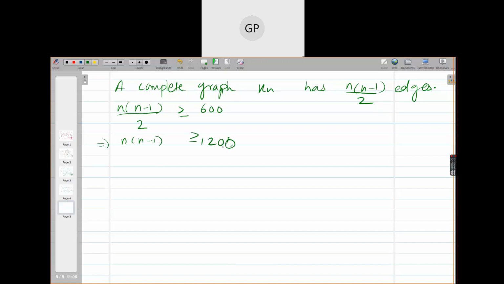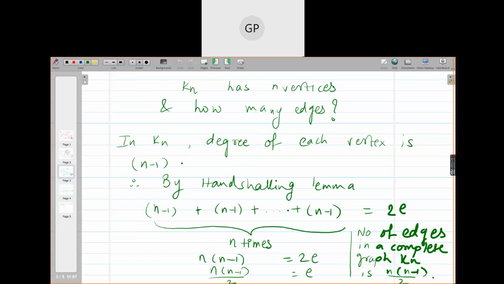So you have to find two consecutive numbers whose product is at least 1200, or greater than 1200. Okay, you have to find the smaller such number. So you have to try numbers. If you are facing an MCQ based on this, you can just put the numbers given there. But if not, you have to decide which number to start from. Here I showed you one example earlier.